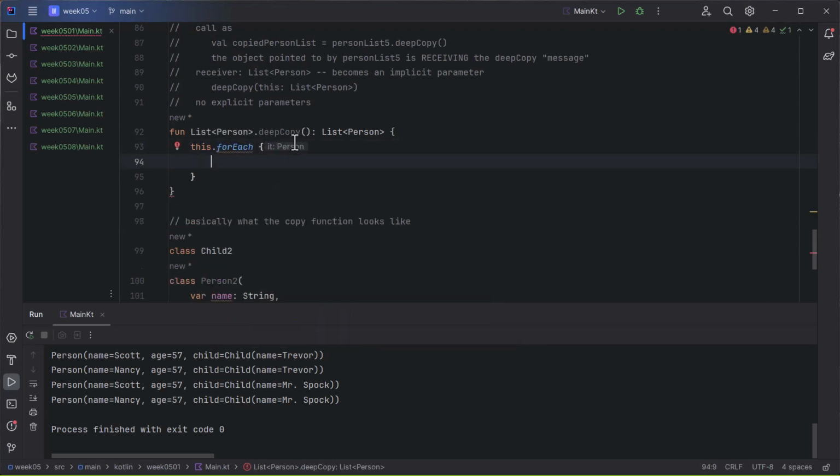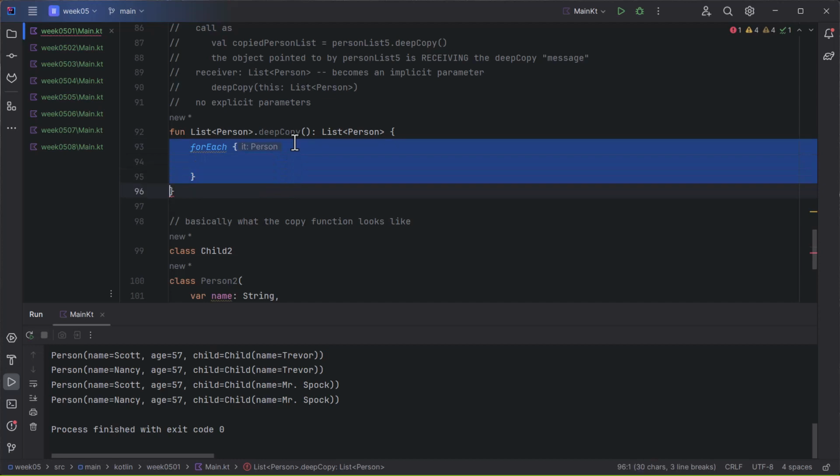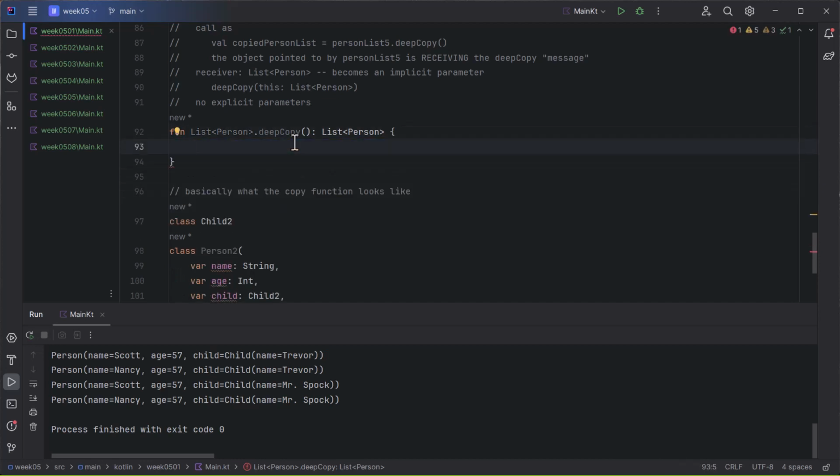Now, because this is the object that's considered being worked on here, it's optional. You don't have to say this in most contexts here. If you wanted to distinguish between the current object and a local variable, then you might have to say this in several places. So let's think about what we want to do here. In order to do this deep copy, we need to create a new list, copy each of the items into it,